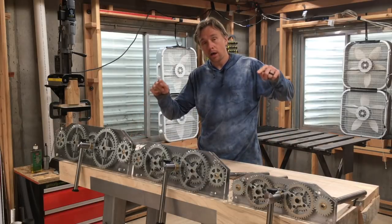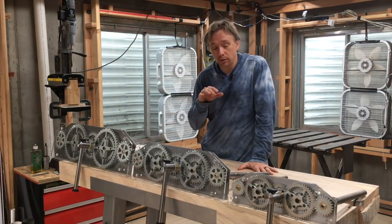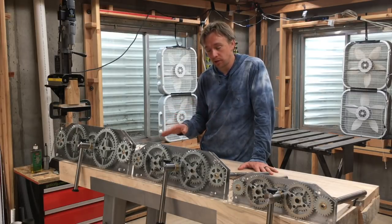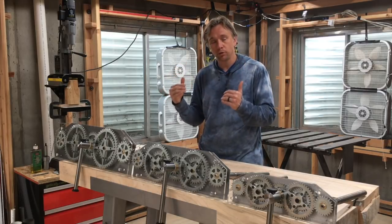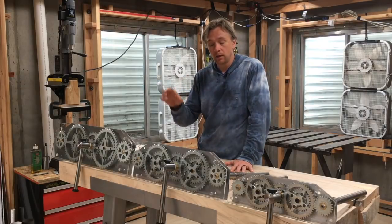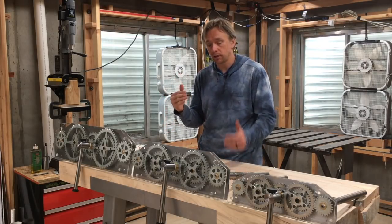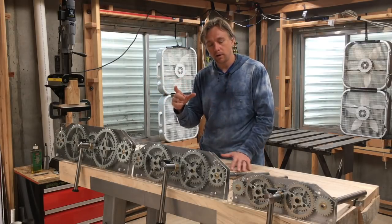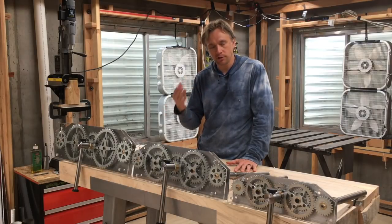So when I do the build of the vices for Adam Savage's bench, I'm going to do a detailed instruction video just because a couple things have changed, and also do pictures and a really nice printable written copy of the instructions. But the vices that are going out now are going to include an instruction sheet kind of referencing some videos and calling out a couple things that are different from those videos,